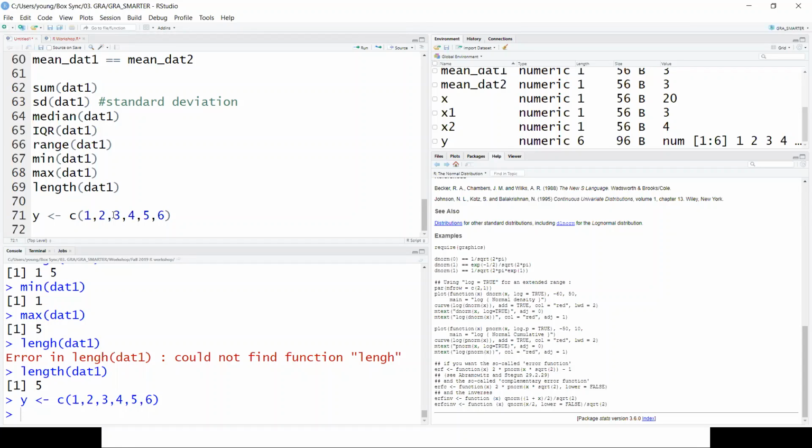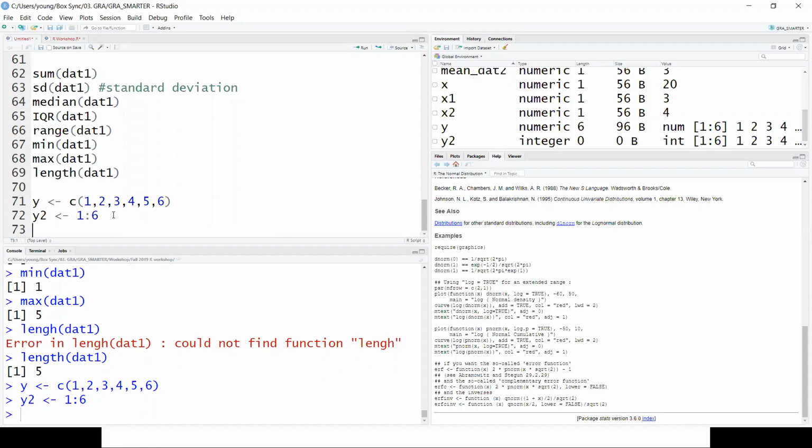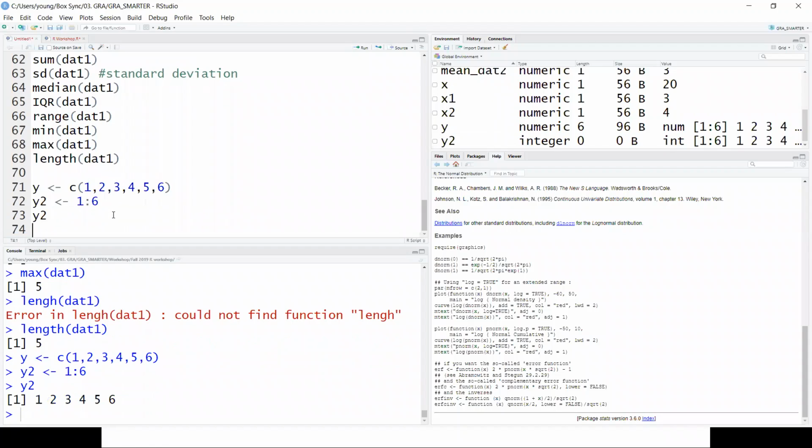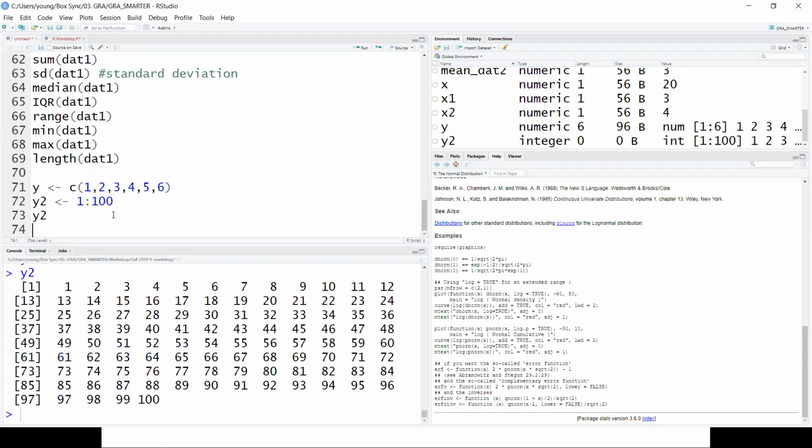So one shortcut you can use is 1:6. If you assign this to y2, and then call y2, it'll just give you 1 through 6. You can apply this to 100, and it'll just give you 100 values.